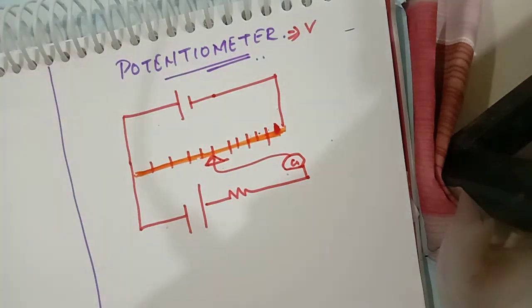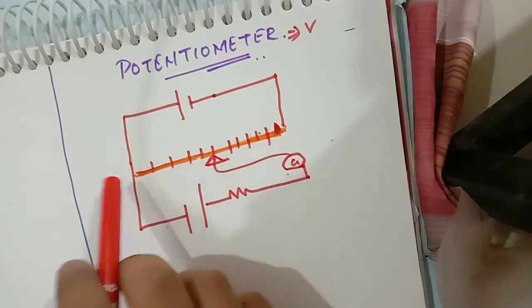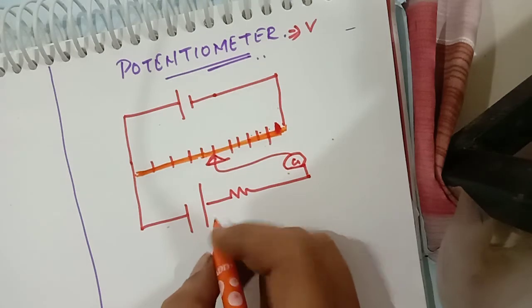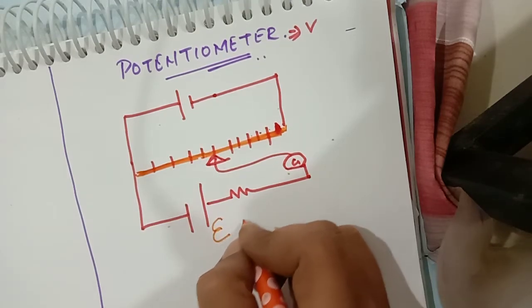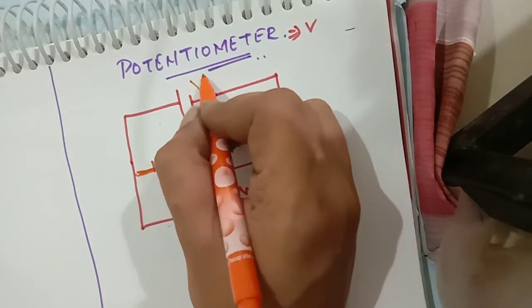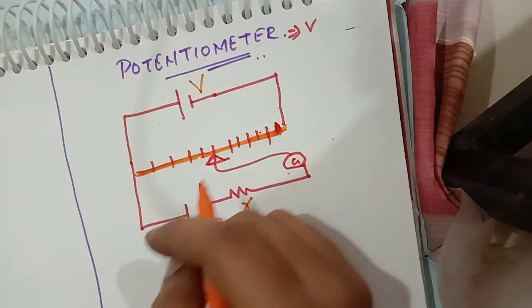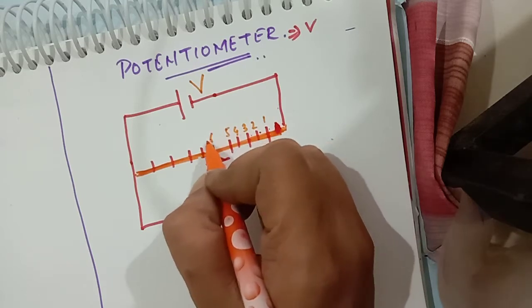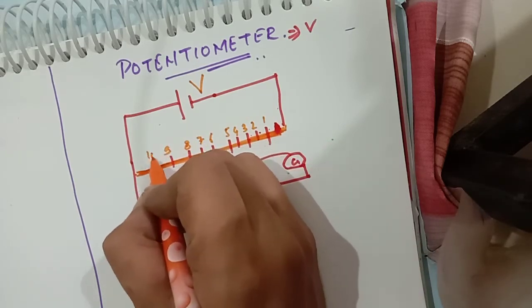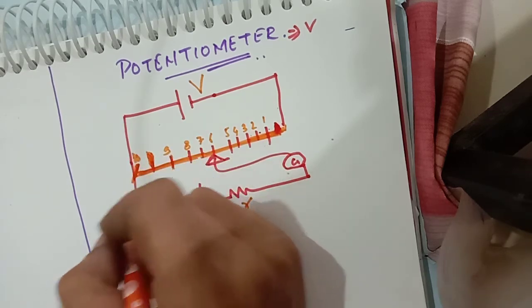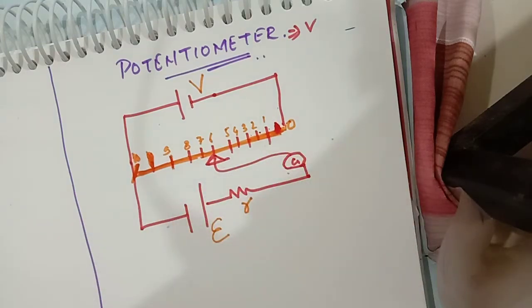So basically it is a wire. This yellow-orange line is a wire, and we are going to calculate the potential of this cell, having an internal resistance R, and we are supplying a voltage of V volts to the circuit, right? Here are 10 divisions: 1 2 3 4 5. Now 6 7 8 9 10. Actually this 10 should be over here, right? This 9 and this is 10, right? And this is 0. Easy.